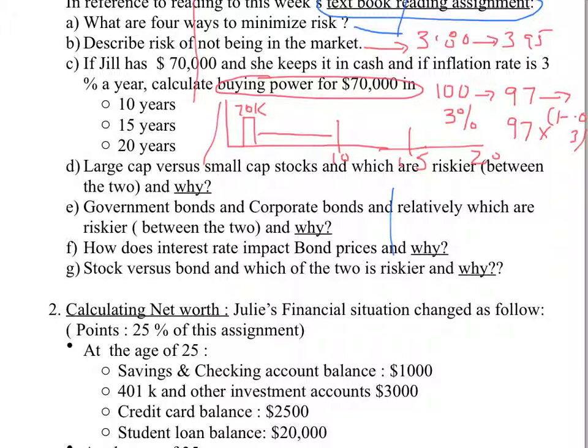Now, stock versus bond, to be more specific, and you have to be more specific in answering all these questions. That's why I'm recording it for all of you, and especially some of you do have some learning gaps based on your responses. The reason bonds are safer on a relative basis is because you're lending money, along the way you're making some interest, and as long as the company does not go bankrupt, they will give you the principal back.